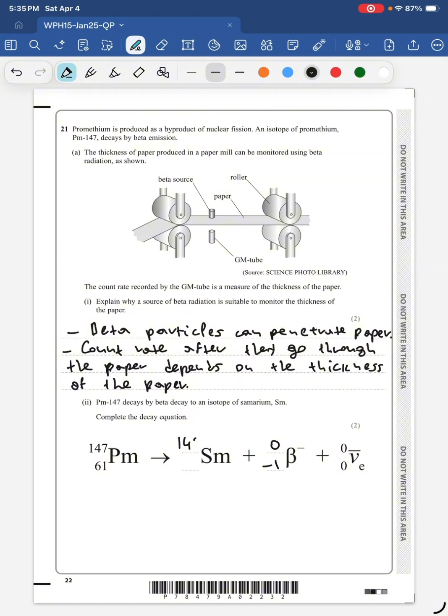147, right? Beta decay never changes the mass number, okay? But in the case of a beta minus decay like here, it increases the atomic number by 1, and if it's a beta plus decay, it reduces the atomic number by 1. Okay, so here it's 62, because we have 62 minus 1 equals 61, and we have 147, so the right hand side matches the left hand side. All right,